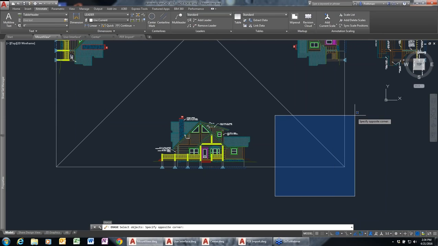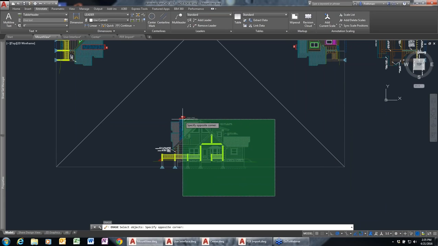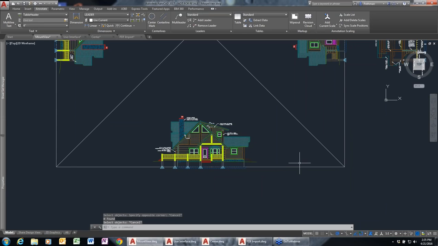Window selection means that everything would have to be completely within my selection area in order to be selected. A crossing is anything that's in it or that I'm touching will get selected. But there's a different